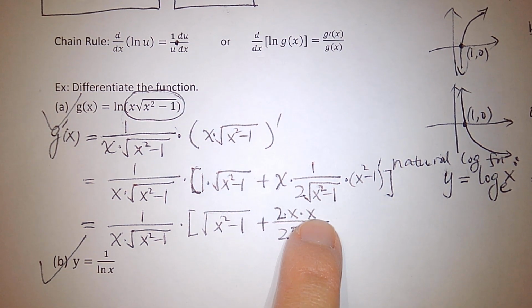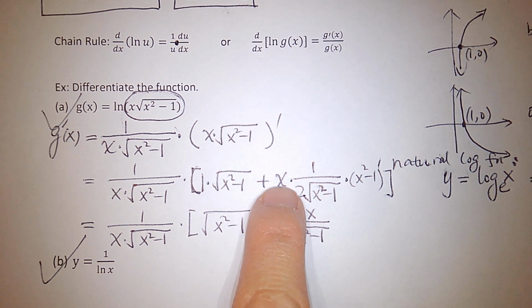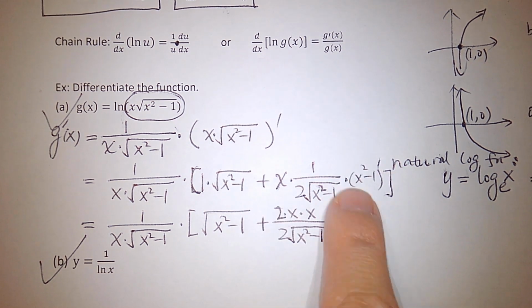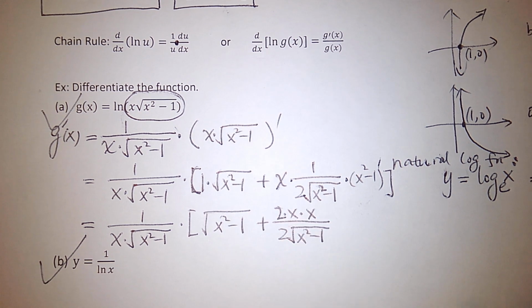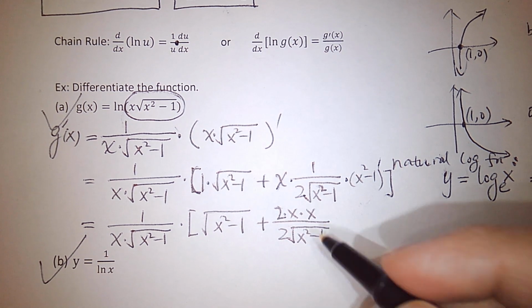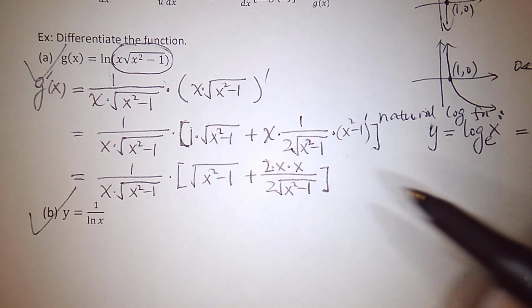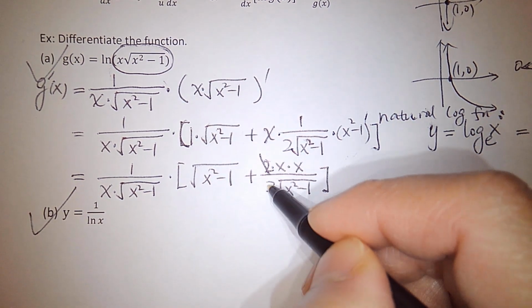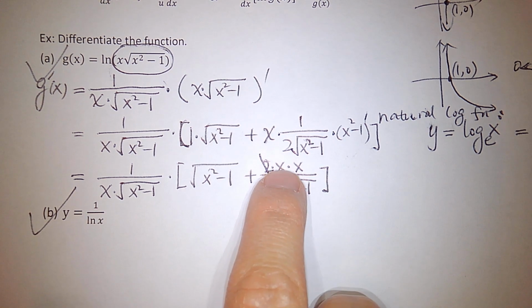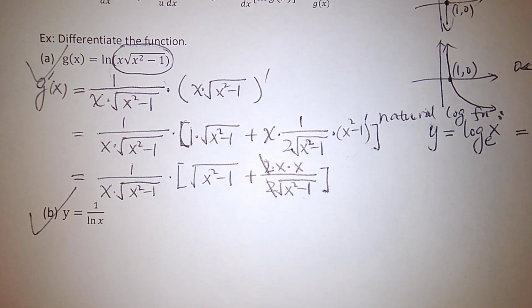I read the 2x here. Okay, this 1x comes from this x. The derivative of x squared minus 1 gives us 2x, right? And these two cancel out. And we know this x times this x gives us x squared, right? X squared. So